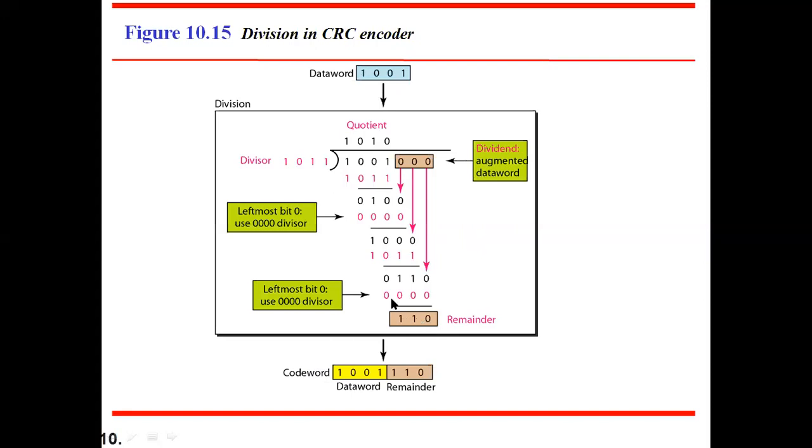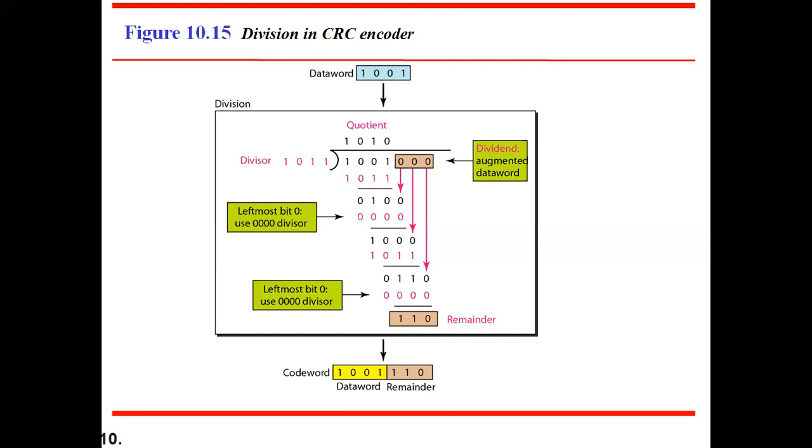So when you come across this, here it is 4 bit and this is 3 bit. When our number of bits becomes less than our divisor, then stop the division operation, because now it has become 3 bit and this is 4 bit. Stop it, and whatever remainder we have got, add it to the data word. So that will form the code word. Is it clear, guys, how we'll get the code word in CRC?